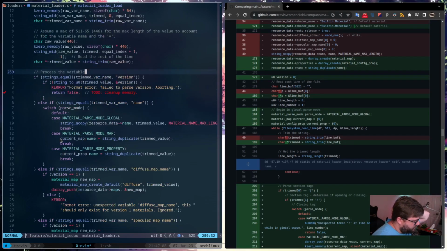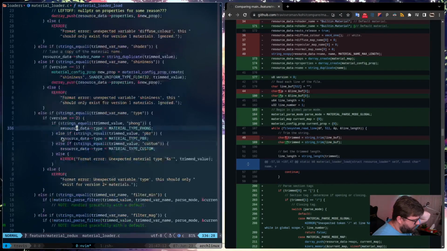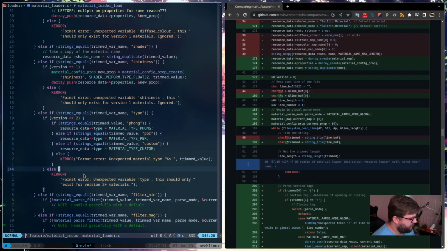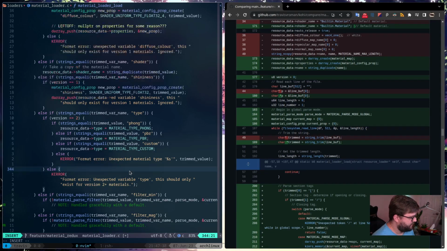So let's see, this should only exist for version 2 plus materials. But we don't actually set it anywhere, do we? So actually, that's not even where I want to put it.